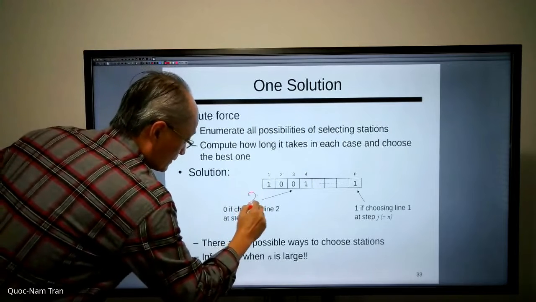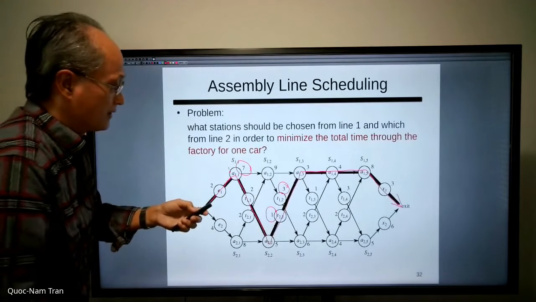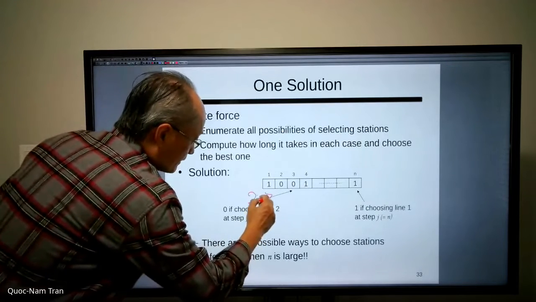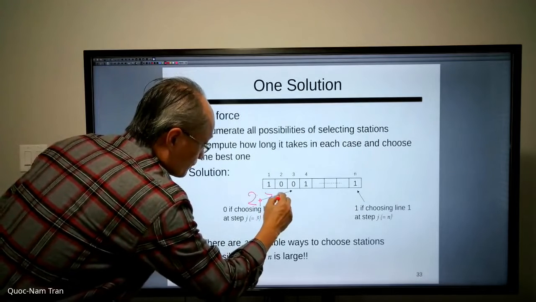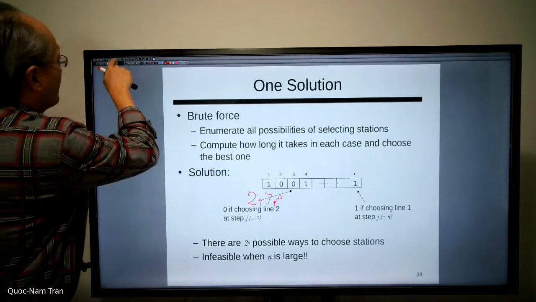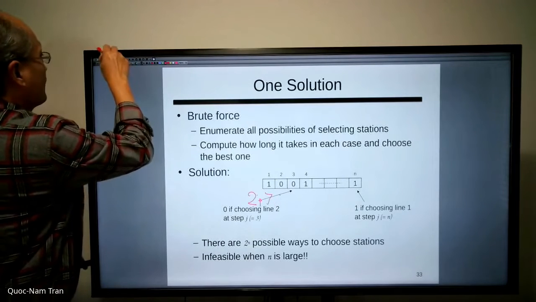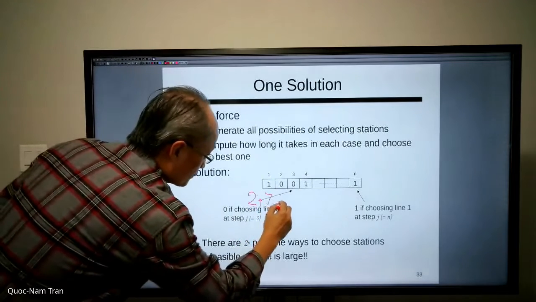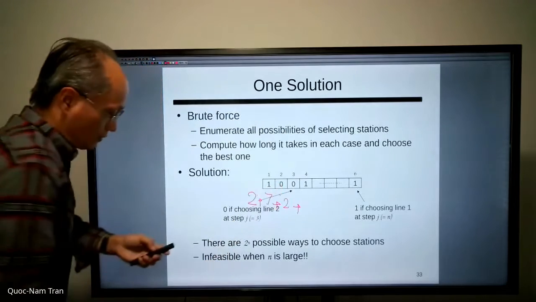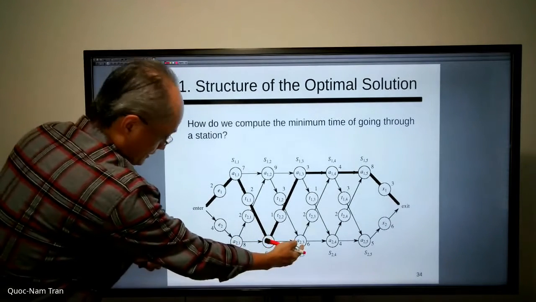2 minutes to enter, right? Station 1 of line 1 takes 7. And then go to line 2 takes 2, right? 7 plus 2, plus 2, plus the cost for station 2 of line 2 is 5, right? And then 6